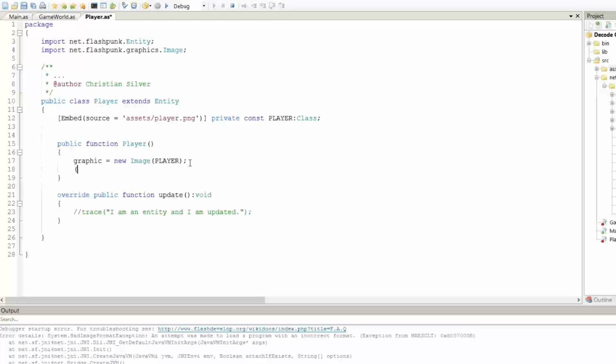So to do that, there's a nifty function for that. What I'm going to do is type opening bracket graphic as Image, which is basically saying, give me this graphic variable, but give me it in the form of an image. Dot centerOrigin. And that's basically a function saying, put the origin in the middle of the image. Now when I hit play,